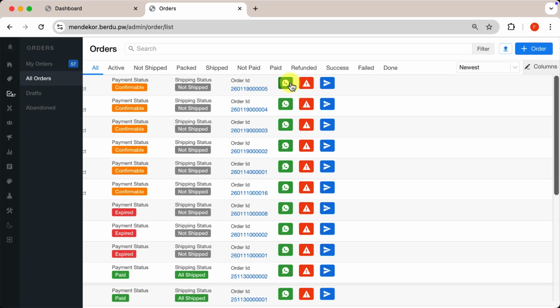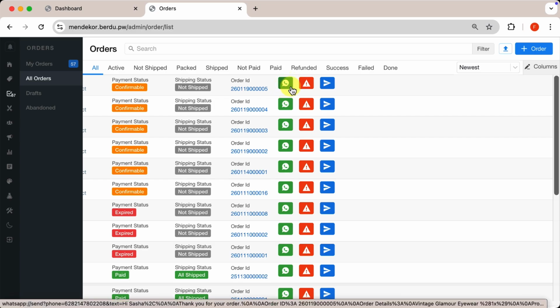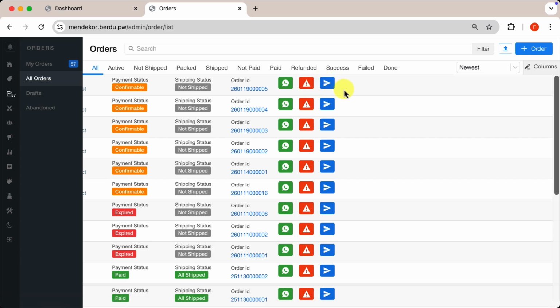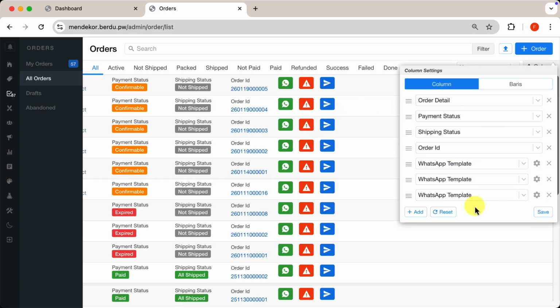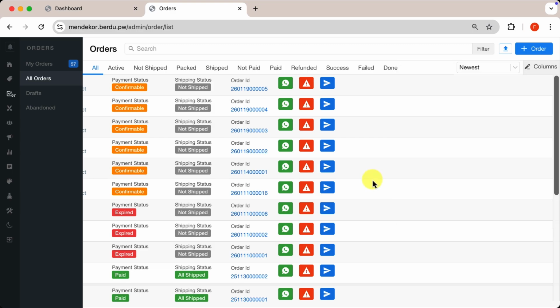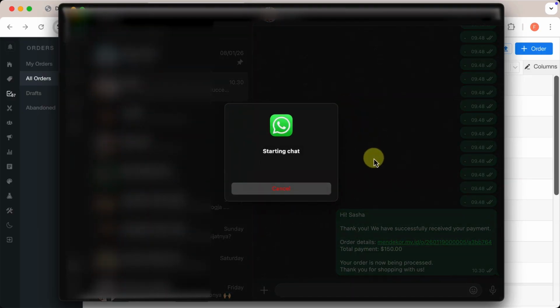The first button is used to send the order invoice template. The second button is for sending the payment reminder template, and the third button is used to send the payment received template. Each button now has a specific template, a unique icon, a unique color. You can add more buttons or remove existing ones if needed. Just adjust everything based on your workflow and business needs. This way, when a button is clicked, the correct template is automatically selected.